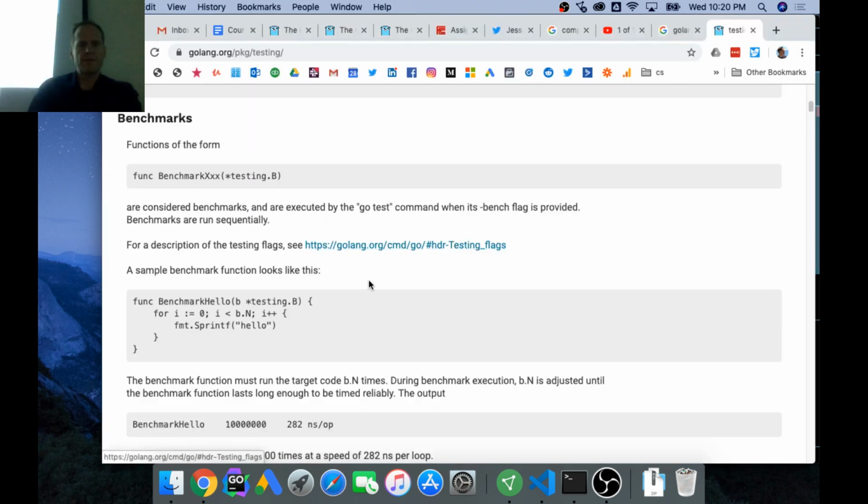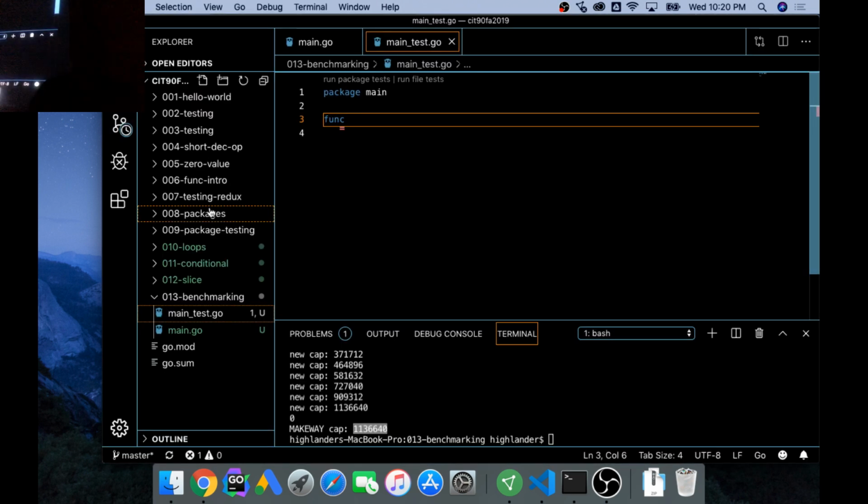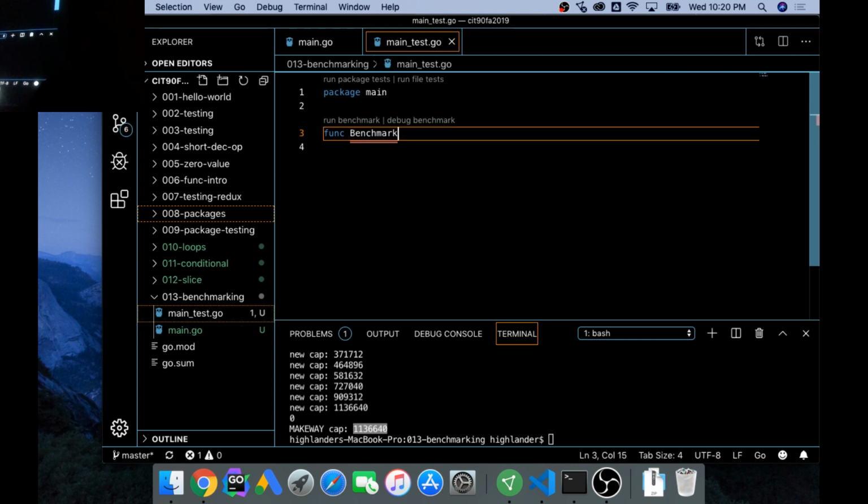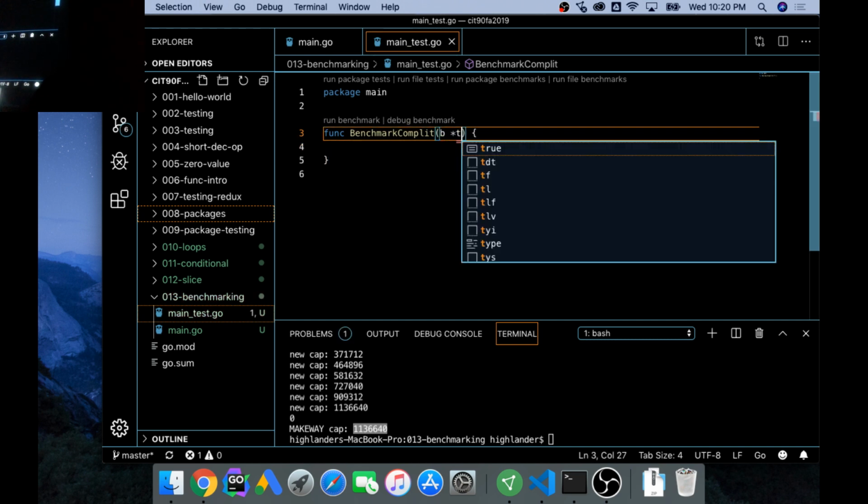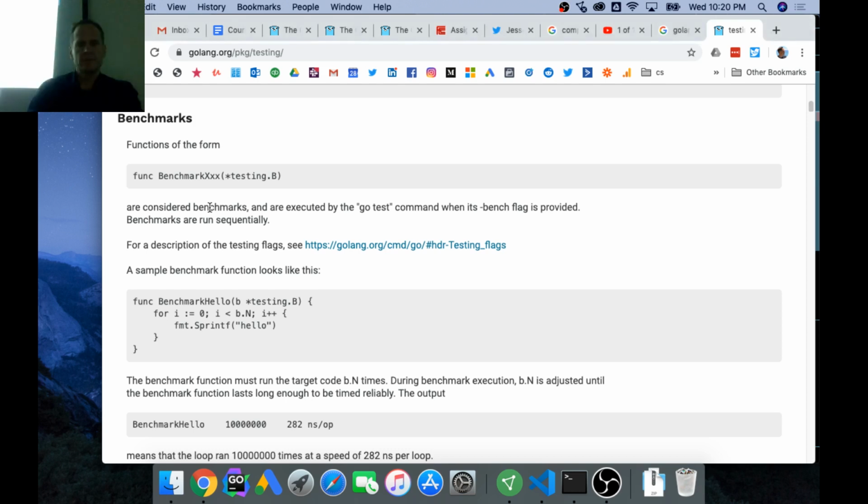We've got to have BenchmarkXXX. Benchmark, and we're going to benchmark, what was it? CompLit. And it needs to have b, which is a pointer to testing.B. So b is a pointer to testing.B, and then we want